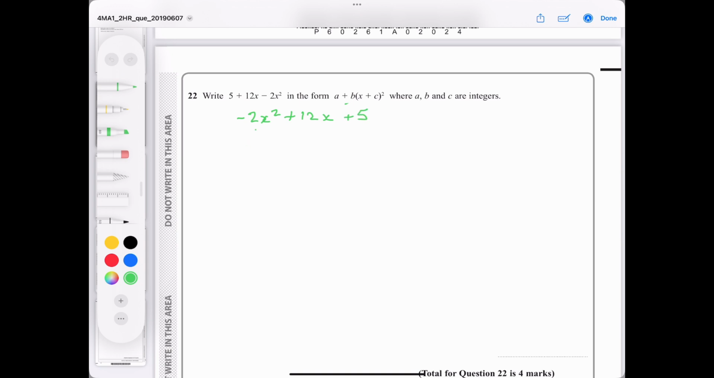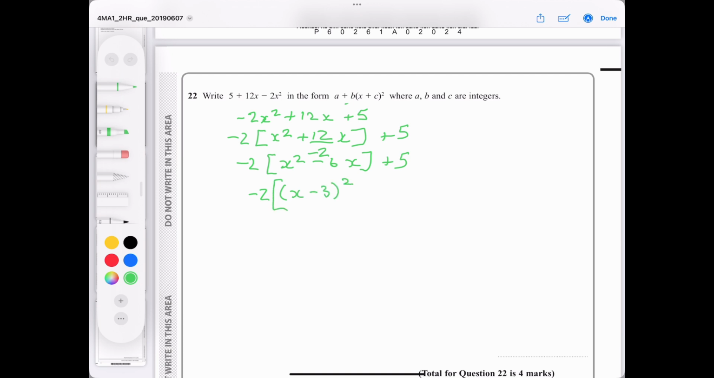Now I'm going to take the minus 2 off the x squared, and I'm going to divide through by minus 2. So, sort of factorising. So that's plus 12 over minus 2 x, and then I'm going to keep the plus 5 outside. Dividing through by minus 2, that is minus 6x and plus 5, and then I'm going to complete the square, so it's x minus 3